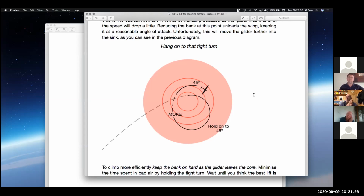That works. But now you should be aware that you're leaving the core of the thermal. You keep the bank on hard. This is difficult to do. What happens when you leave the core of the thermal? The speed goes down. As the glider hits sink, the speed reduces. If you're turning at 45 degrees, absolutely optimum, with the minimum sink for that circling radius, if you're right on it, right in the groove,